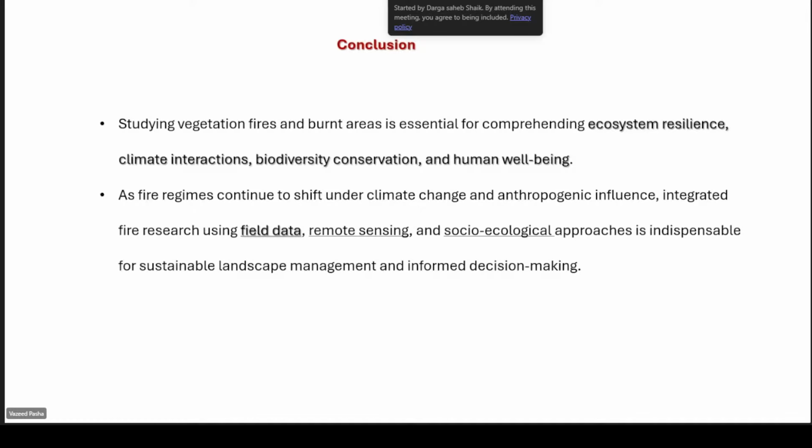Without people's perception and socio-ecological and socio-economic understanding, we can't make informed management decisions, because the government wants to do something but the people resist, and people want to do something but the government resists. That's why a geo-socio-ecological approach is very important for sustainable landscape management and informed decision making.